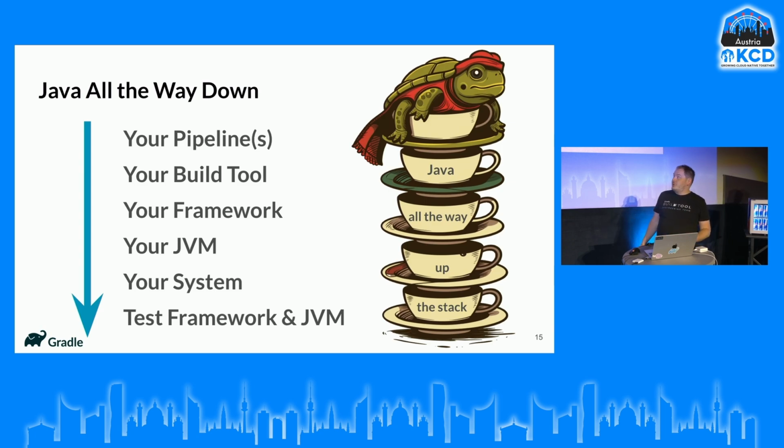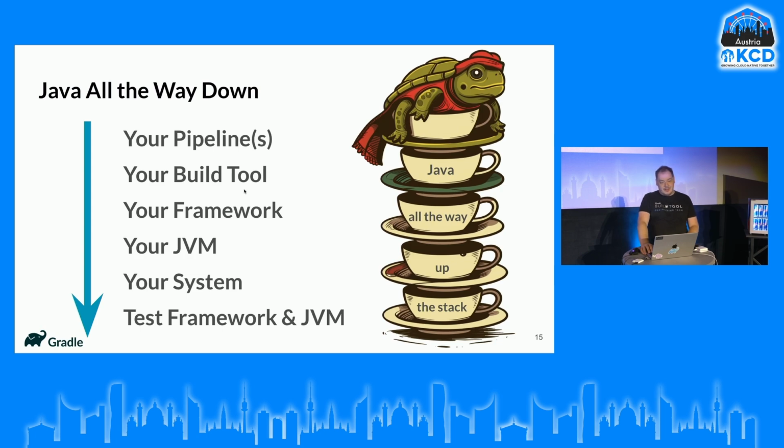But for simple projects, you have a pipeline, which is defined somehow. Then there is a build tool. In Java, it would mostly be Maven or Gradle. Then it would be your favorite framework, maybe Spring, maybe Quarkus, but it's still an item you put in your chain. Then it will be the JVM. Every item you take may have so many flavors depending on the company, depending on your culture, technology stack, and there are no universal solutions for them.